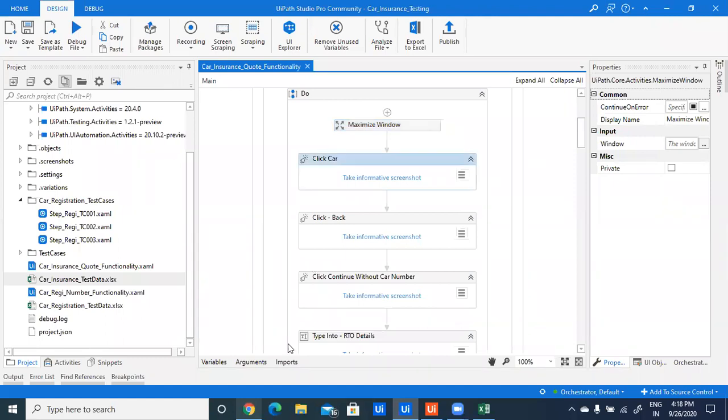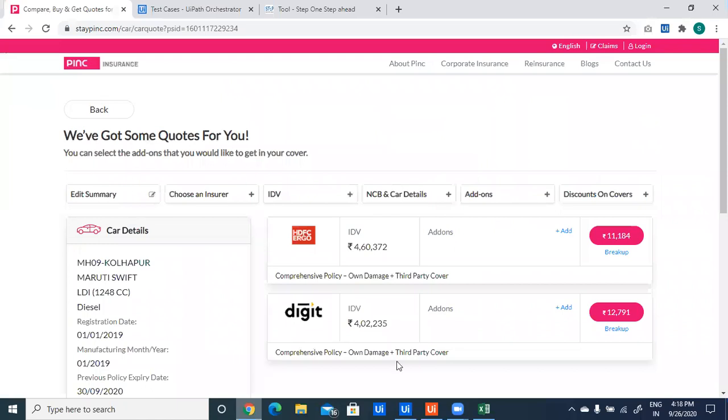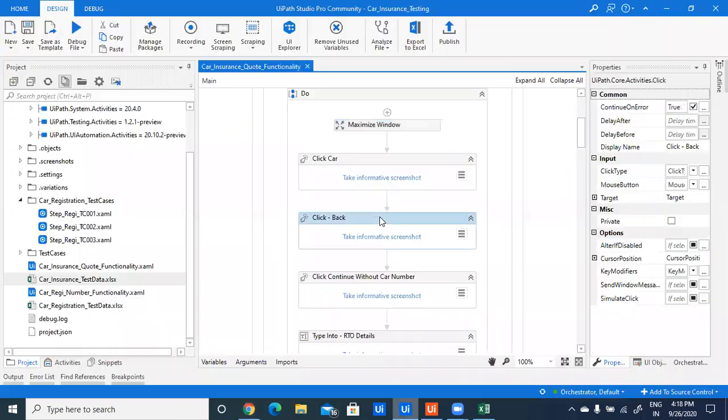Then I need to click on the car icon, so I have used a click activity.